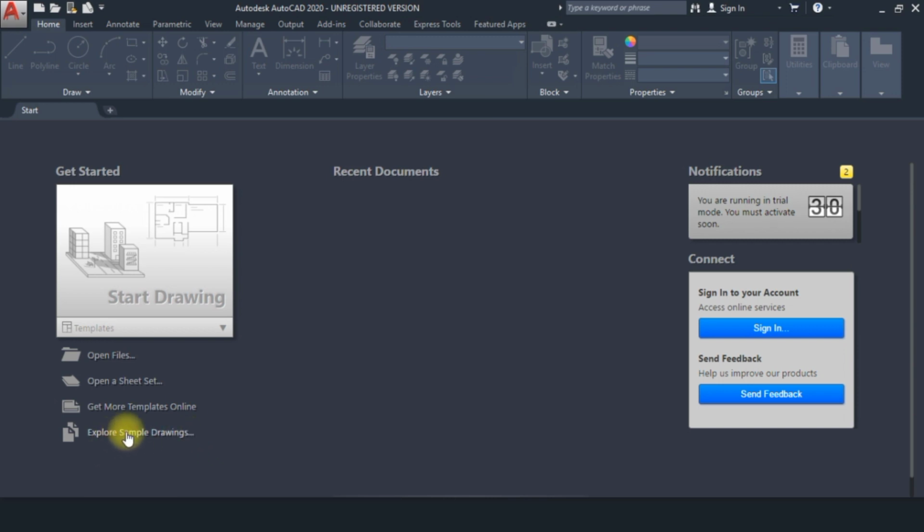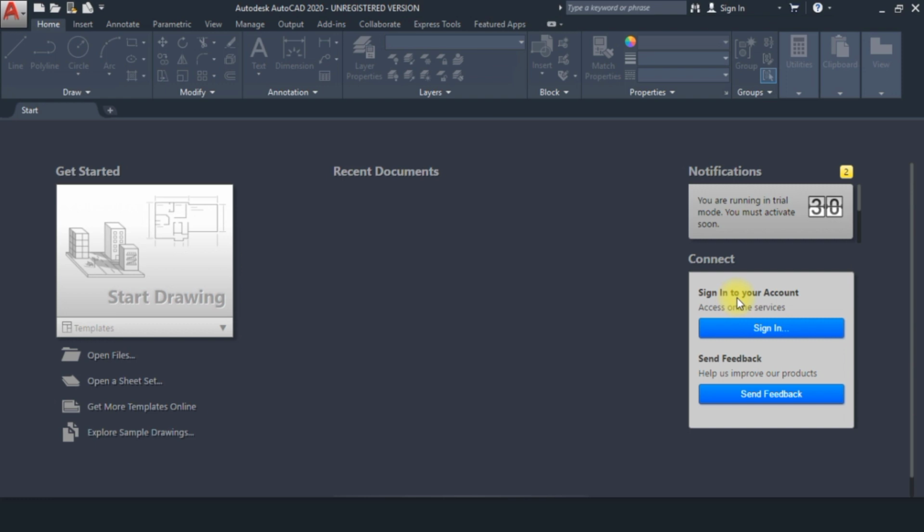Talking about the second tab, this is recent documents. What does it mean? The files which we have worked on recently in AutoCAD, all those files will appear in recent documents. So we can easily go directly to our recent files and continue our work. The tab is notification and connect.